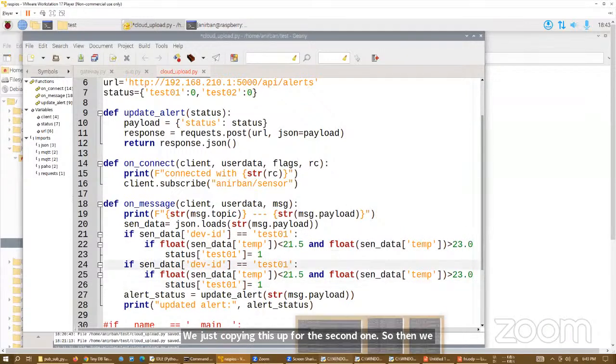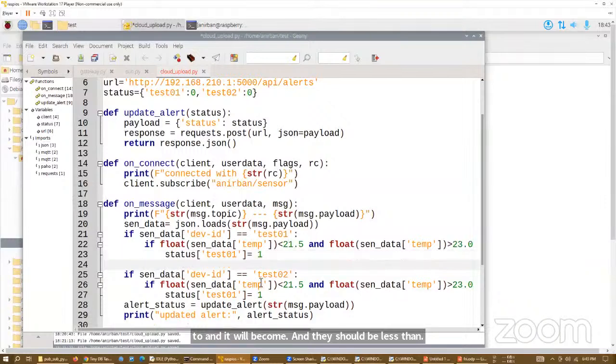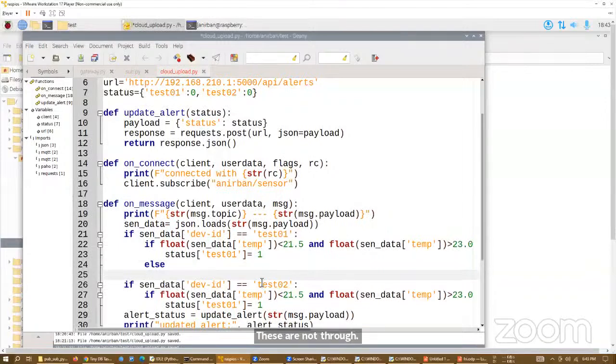It will become send to, sorry, send to, and it will become temperature should be less than. If these two are not true, then the status can be